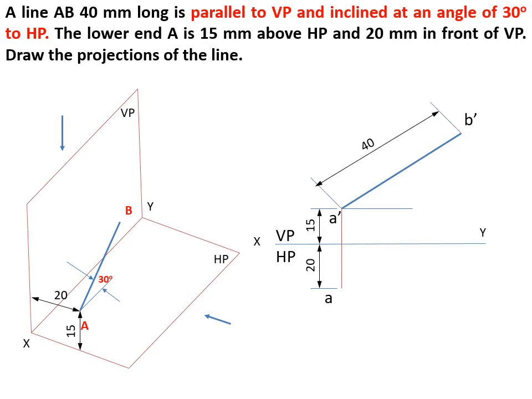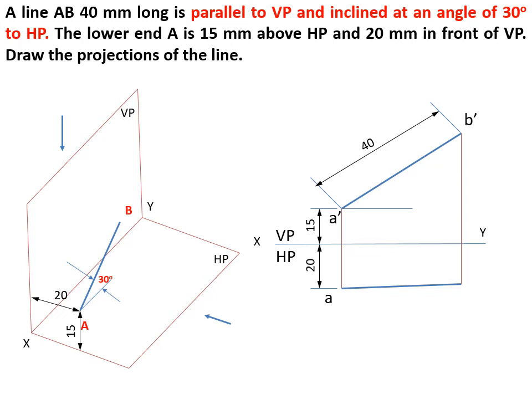Inclination is 30 degrees. While drawing the dimension line for any inclined line, you have to ensure this is the extension line. This thin blue line shows both ends of the line as extension lines. This extension line should make an angle of 90 degrees with the projection line A dash B dash of the front view. Even if I am measuring the dimension line length, it should be equal to this projection line length. So it also shows 40 mm. For completion of the front view, this is completed.